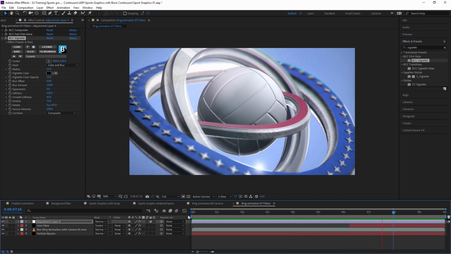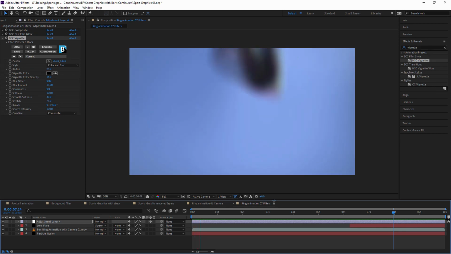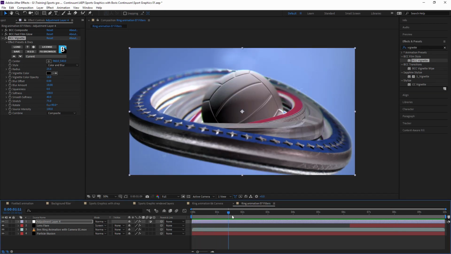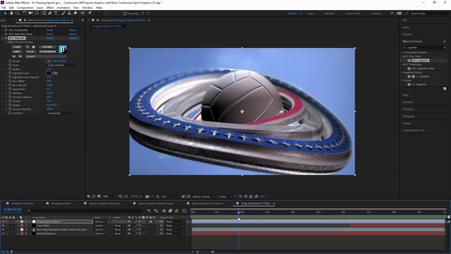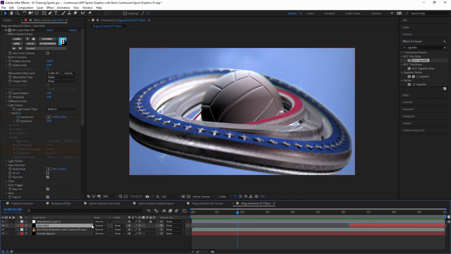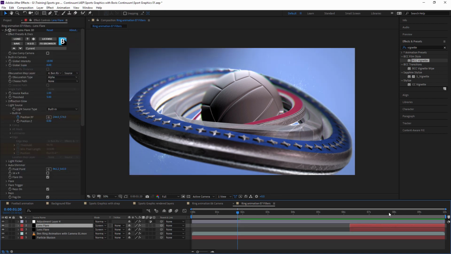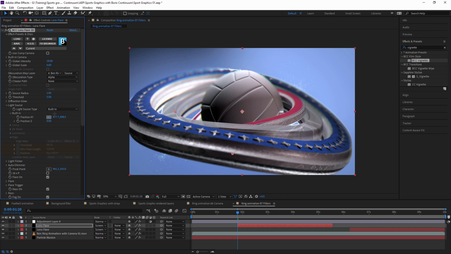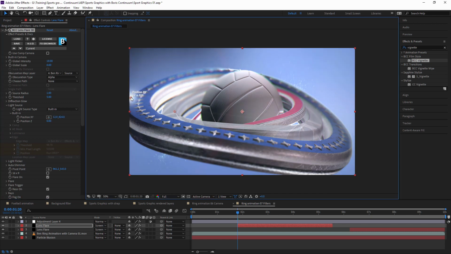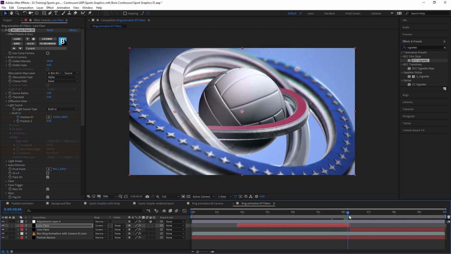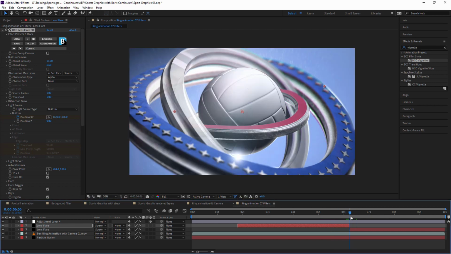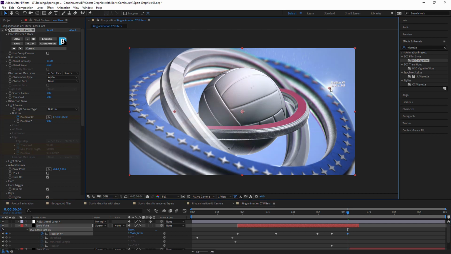I think one of the things I've noticed, though, as that was rendering through, is that without the lens flare at the start, it's looking a little bit dark in comparison to the end bit. So what I'm going to do is I'm going to duplicate my lens flare up, bring this over here, and let's get rid of the keyframes that we've already got. And I'm going to start that flare over here. So where we have that glint just at the side there, I'm actually going to follow that glint along, falling off just around about there, to be taken over by the other flare that's happening here.